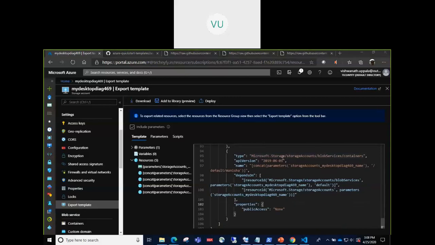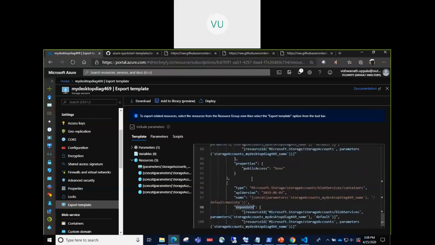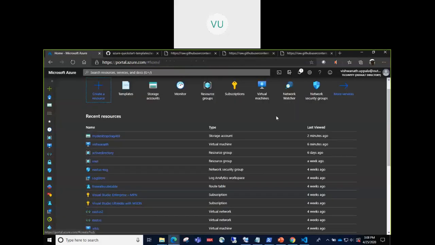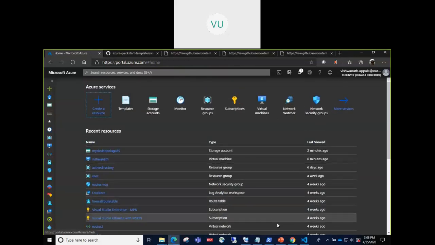Okay, so that's ARM template. I won't go into too much detail today. So that's about it from the ARM template perspective. Once you practice, in the next session we will go a little deeper and try to modify certain things and redeploy, make it generalized, and then redeploy it again and again, and see how that works. Okay, so that's ARM template.